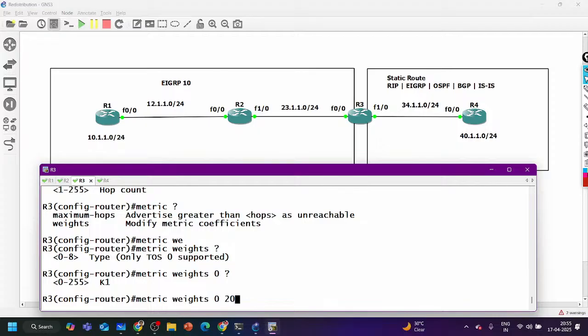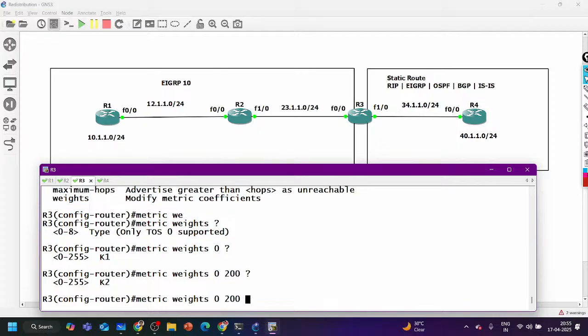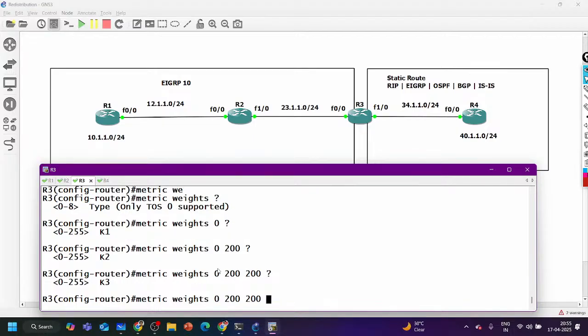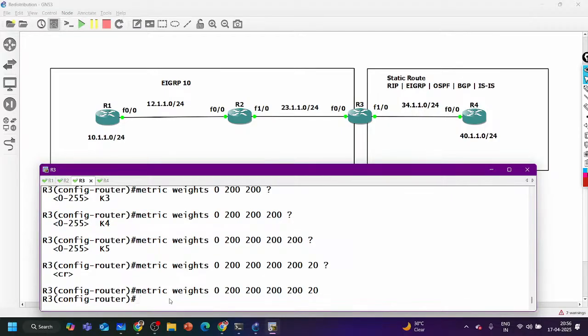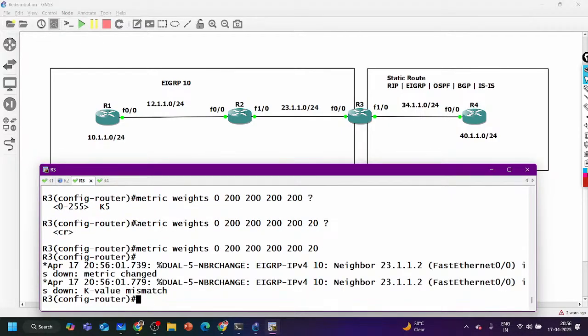K1 I can say 200. Always use K value 200 while redistributing. Meaning I am telling that K1 should always be 200, K2 should again be 200, K3 again 200, K4 again 200, K5 should be 200, like this. So I have defined, you can see, I have already set all the K values.